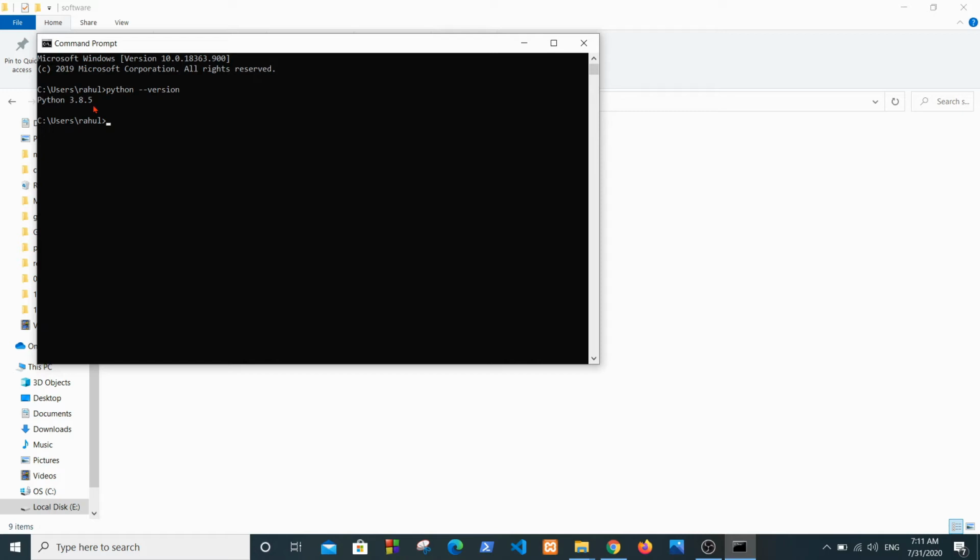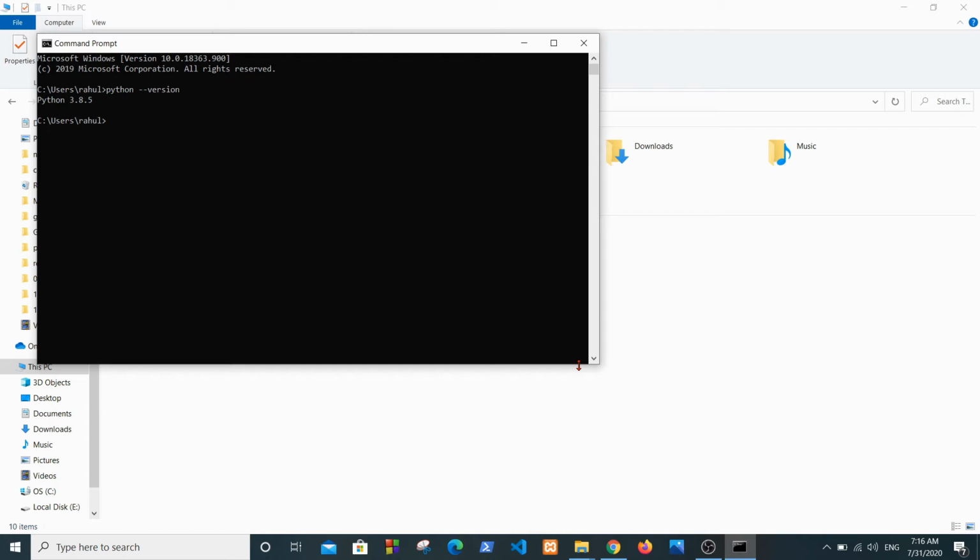Otherwise, you may get an error that Python is not recognized as an internal or external command. The reason for that is we have installed Python, but the path is not configured properly. So whenever you install any interpreter or compiler, you have to tell your system where exactly you installed your interpreter or Python.